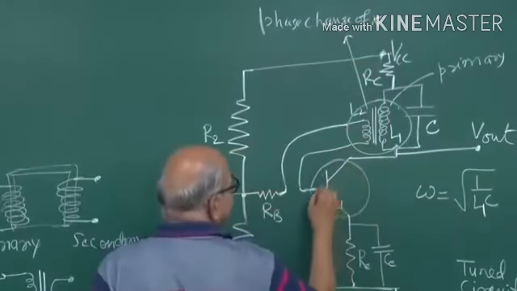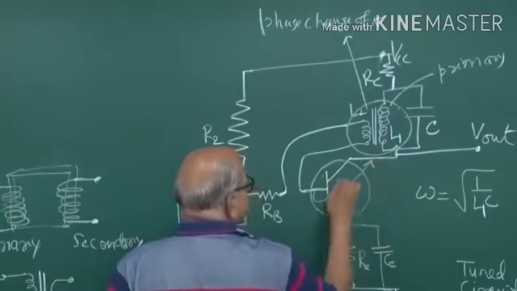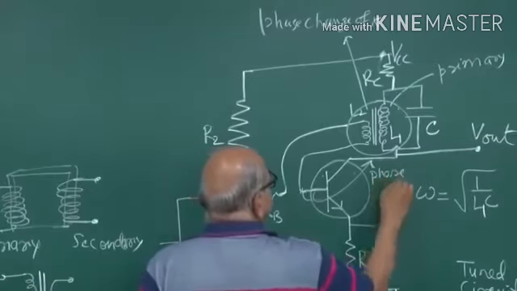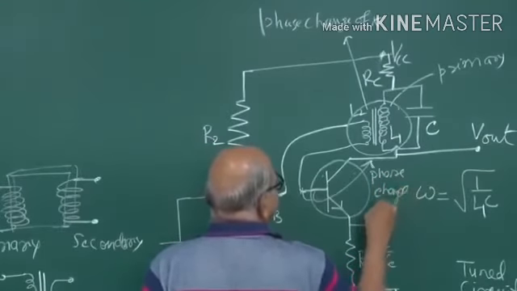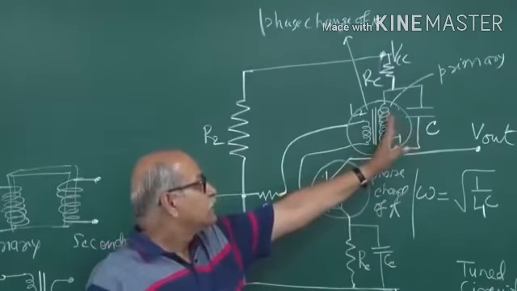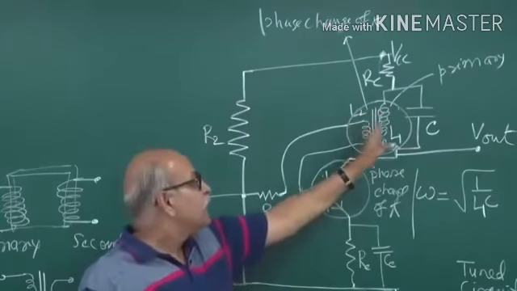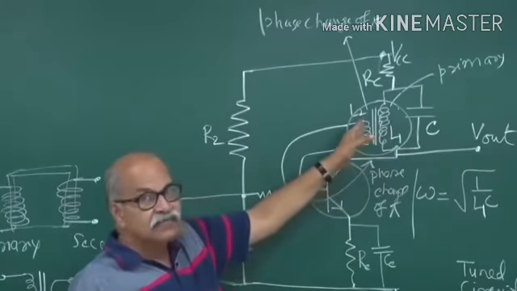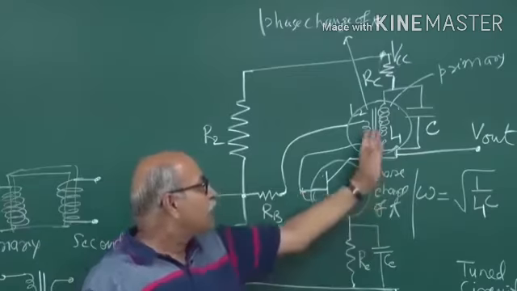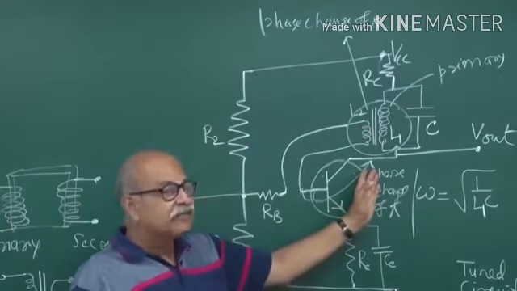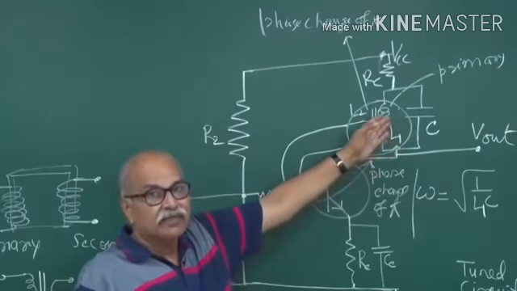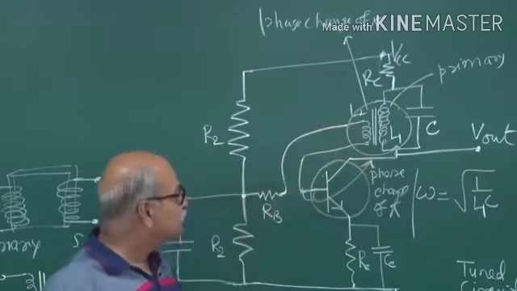And then here again there is a phase change of pi, from this base to this collector. So twice this circuit is giving its output for feedback. A phase change of pi is introduced here because of the transformer action, and then when it gets amplified and comes back here, another phase change of pi, and therefore what reaches here is the same as what is there at that moment. So this is how positive feedback is ensured.